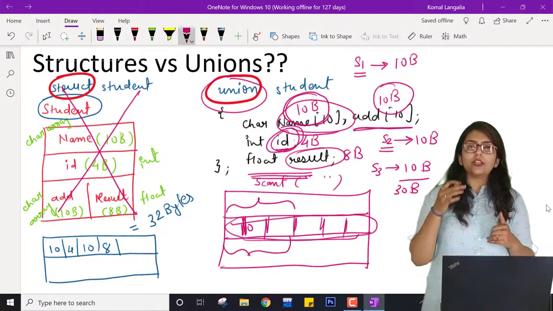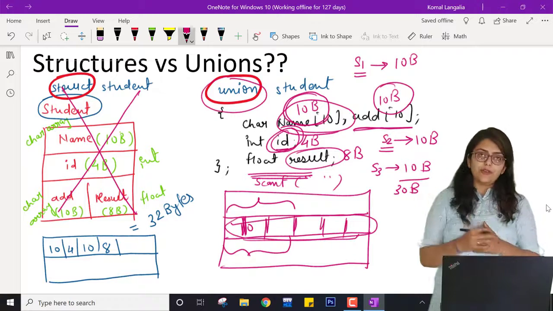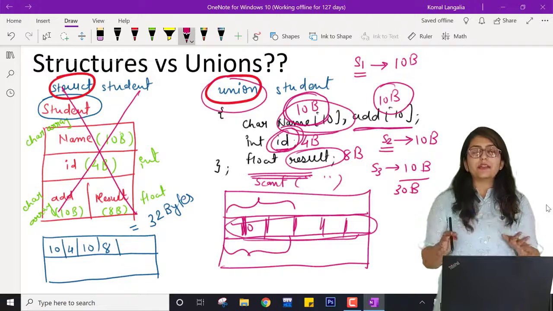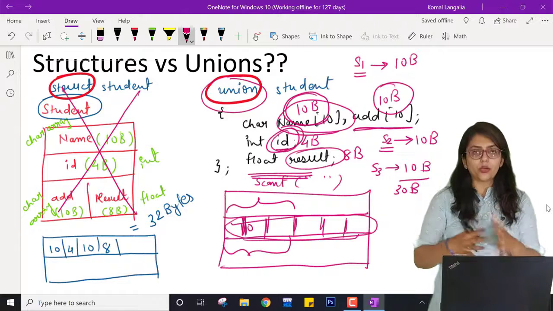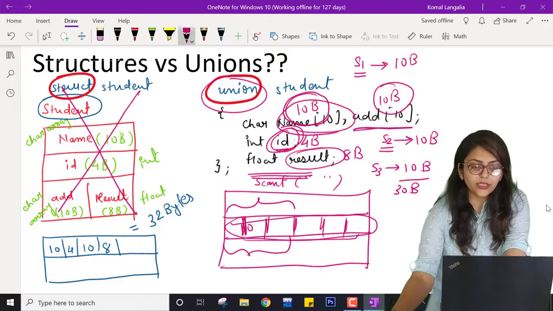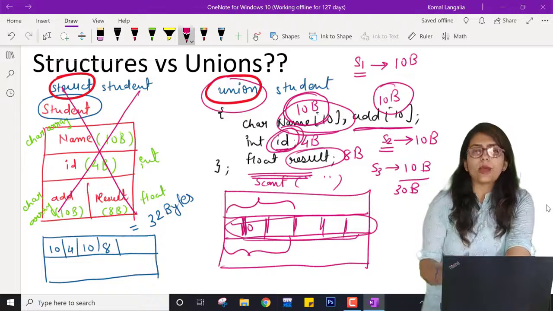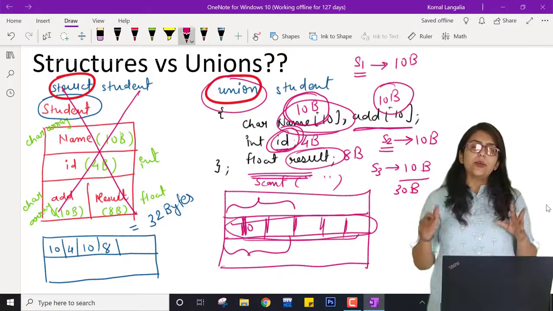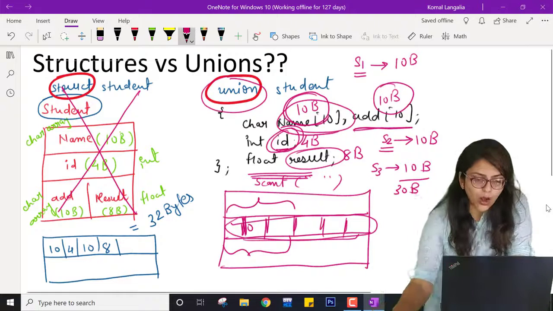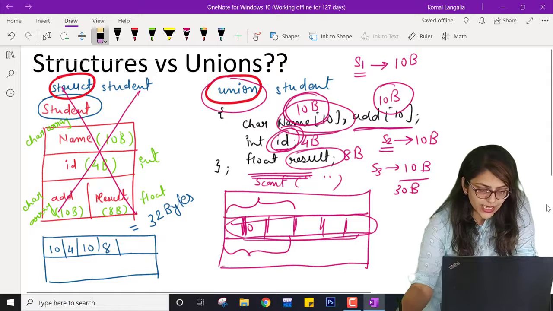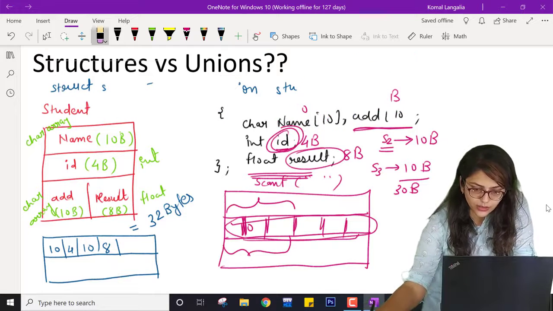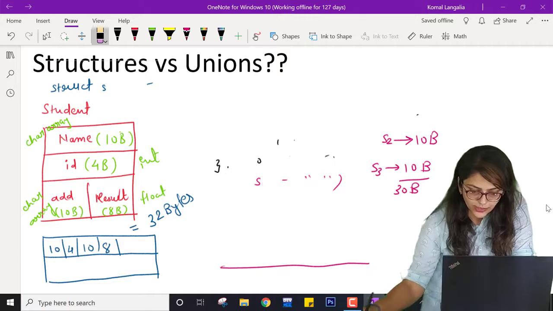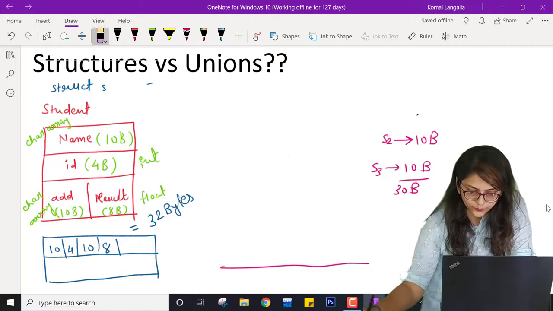So if you are dealing with union, you cannot retrieve the previous value, you have to print it at the same time. Right? So that is the difference. The memory location, how the memory is allocated, is different in case of union. So I want to explain this concept with the help of the whiteboard before going through the difference between structure and union. So I hope now you know that if I just erase every extra term and conclude this topic of structure versus union, let me just erase this first.